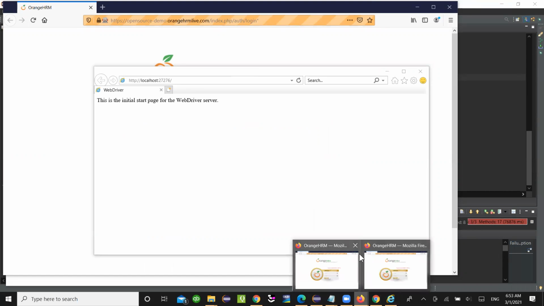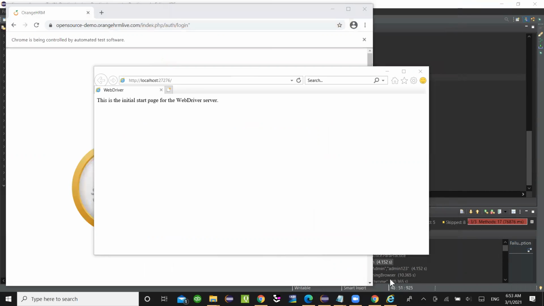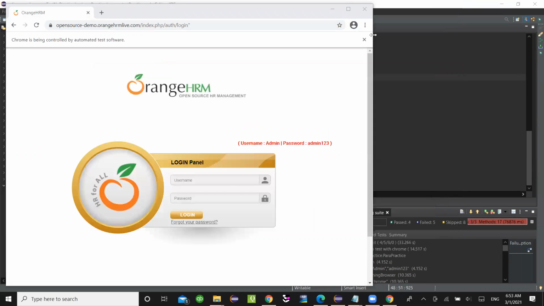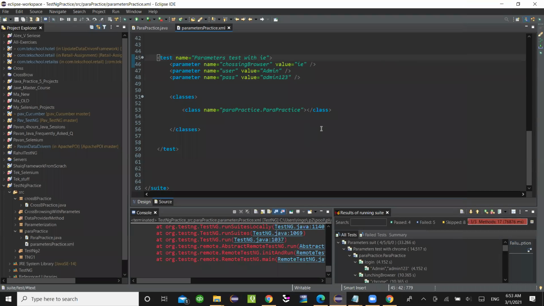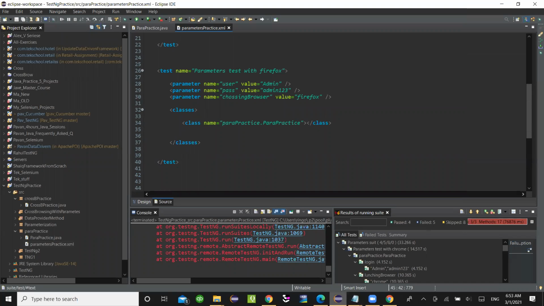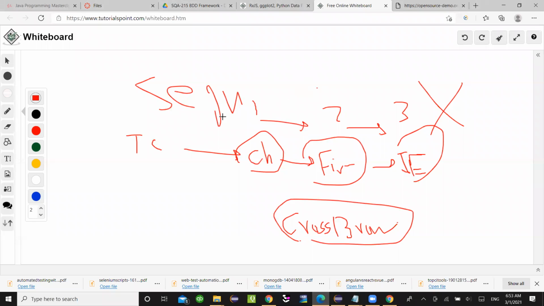Okay. This is not parallel execution. This is sequential. Now we have them one by one. So now I want to do the same thing with parallel execution. How can I do it? Okay, let's see. If I have one test case, what is parallel execution? This is a test case. At the same time, I want to